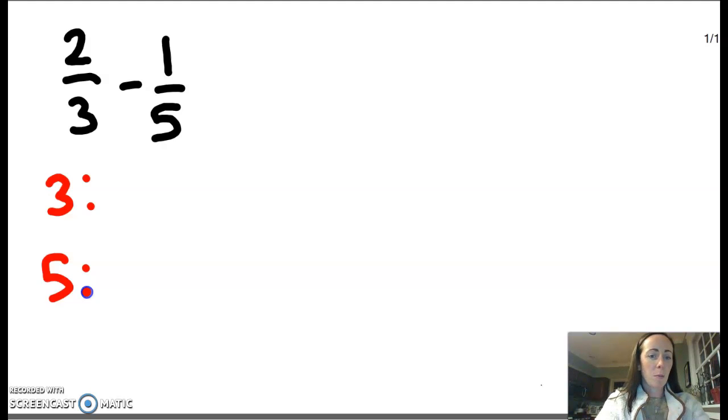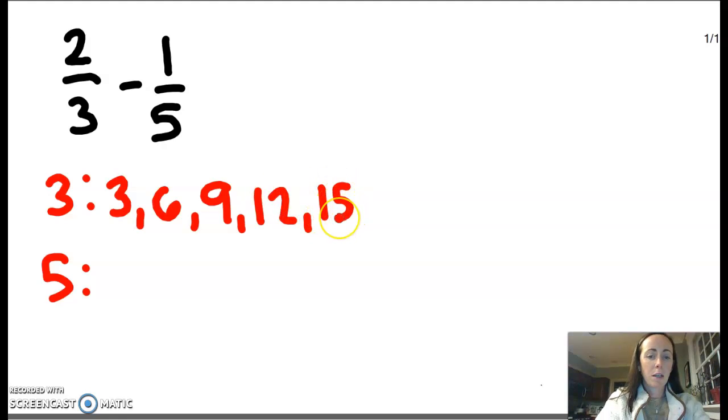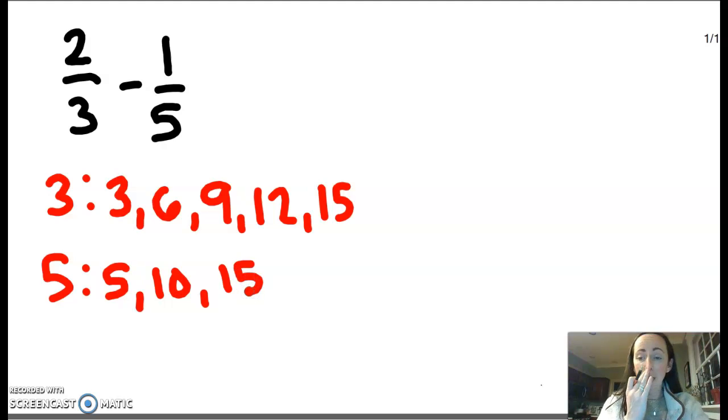So I'm going to go ahead and list my multiples. I have 3, 6, 9, 12, 15. Then I'm going to go for my multiples of 5. So I have 5, 10, 15, and I'm going to stop right there. I'm going to stop because I'm listing those multiples until I see a multiple that is in both of those lists. So I'm looking for my least common multiple, okay, or LCM,